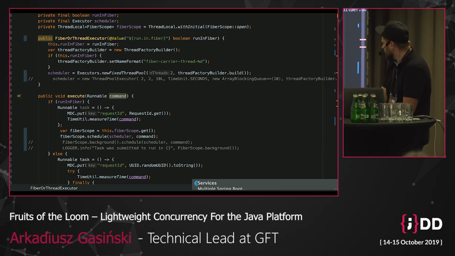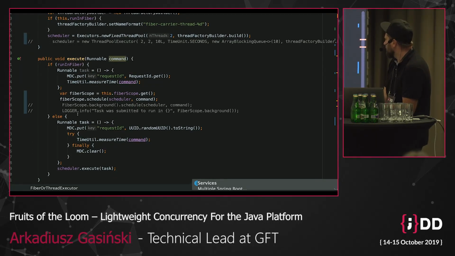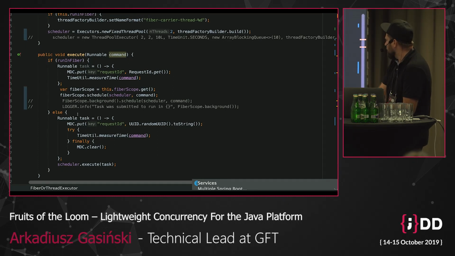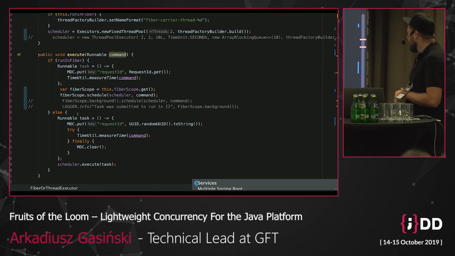All the requests will be executed within a fiber if we configure the class that way, and if we want our executor to execute tasks within the context of a regular thread, we basically just submit the tasks to the scheduler directly and not to the fiber scope.